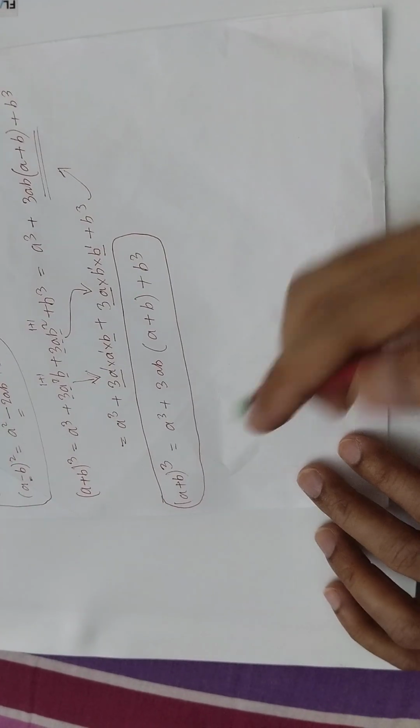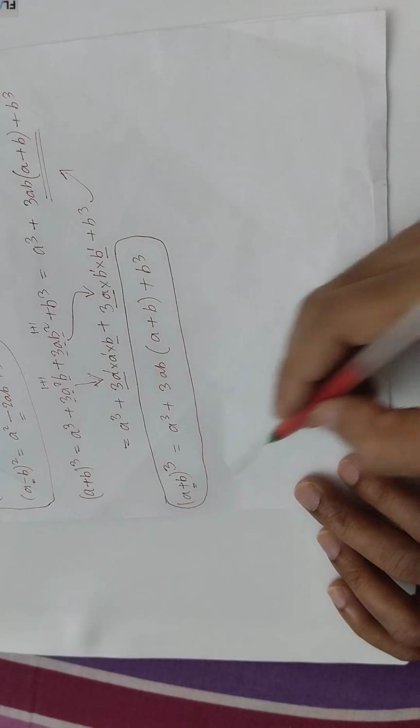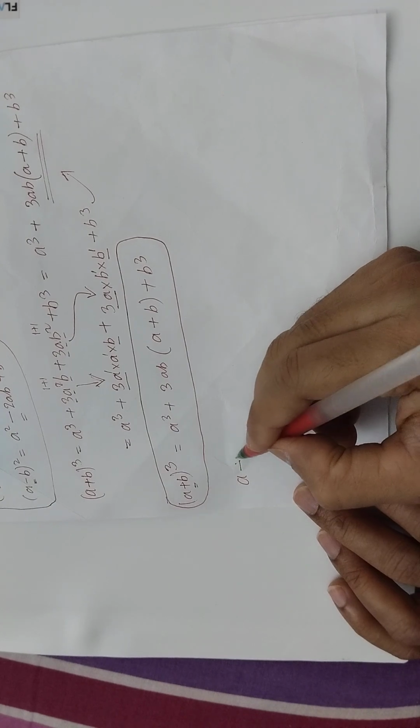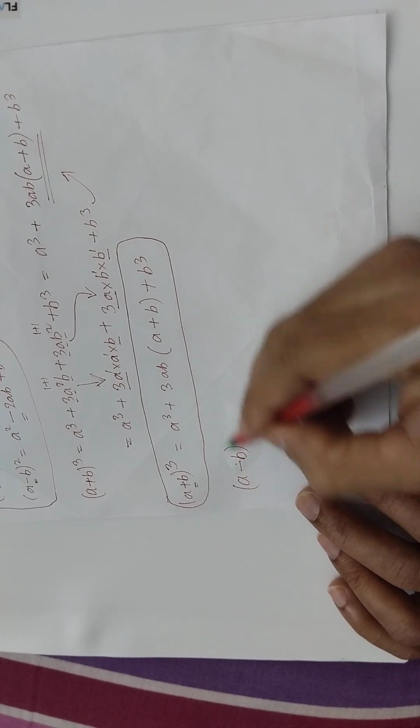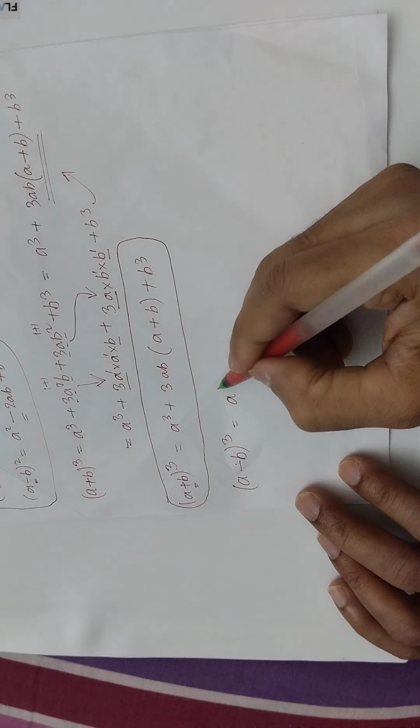Another situation: if I change this plus sign into minus, what would happen? Let's find out. (a minus b) to the power 3. a to the power 3